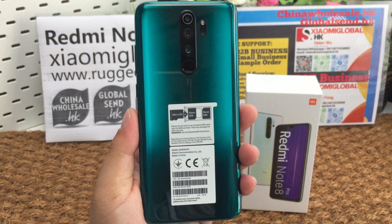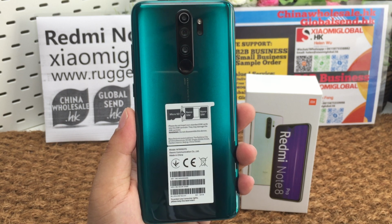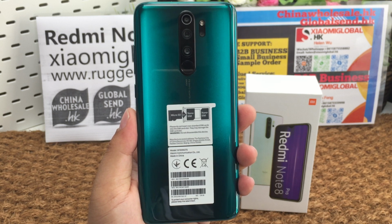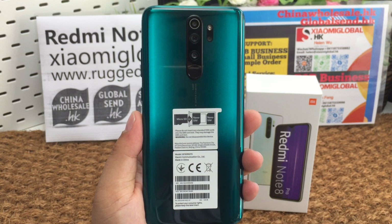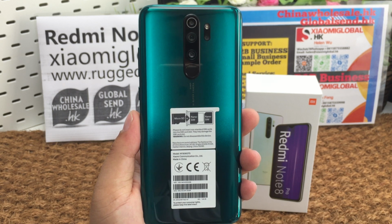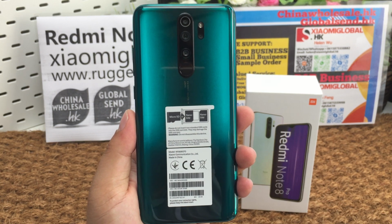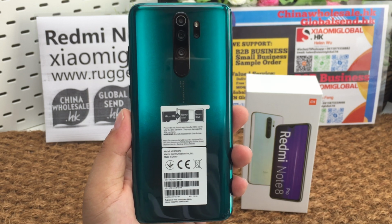And it supports dual nano SIM cards, or 1 nano SIM card and 1 micro SD card. Micro SD card up to 256 GB. Android 9.0 Pie operating system. CPU is MTK Helio G90T, 12 nanometer CPU, octa-core 2.05